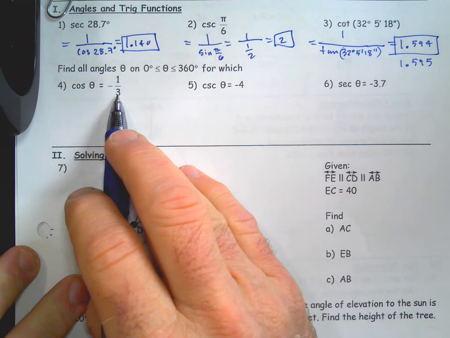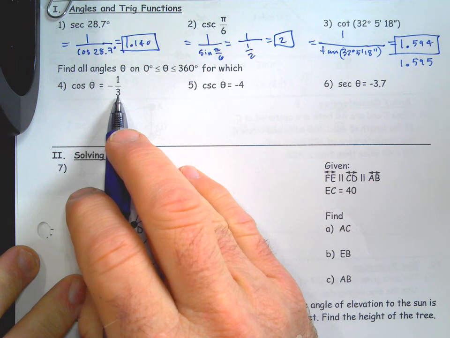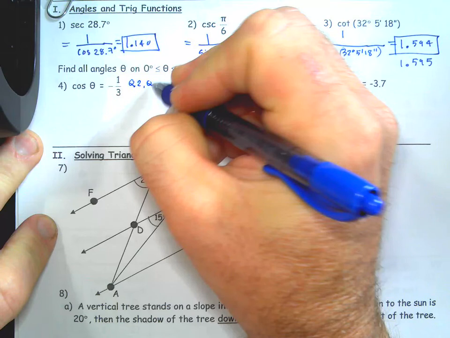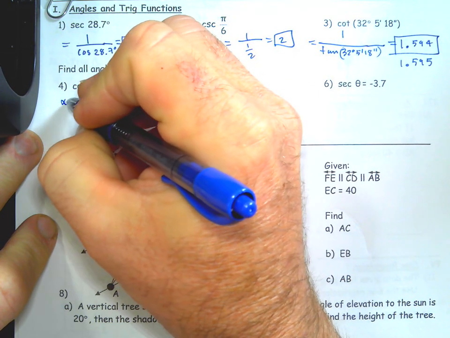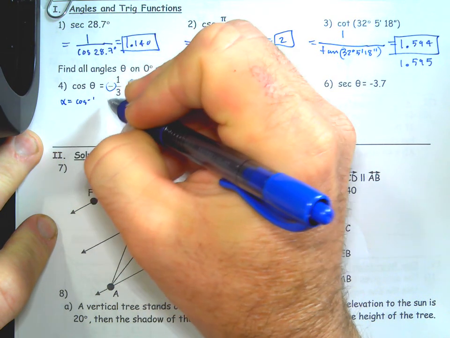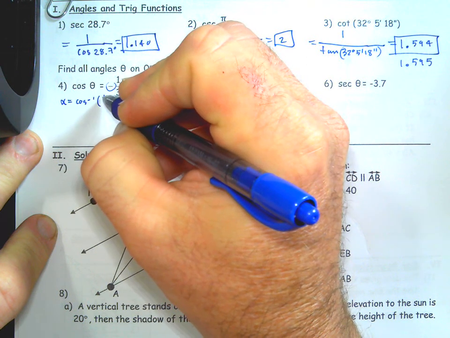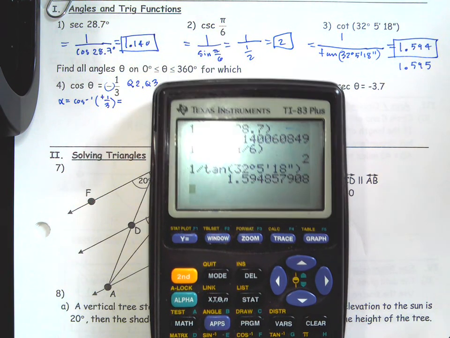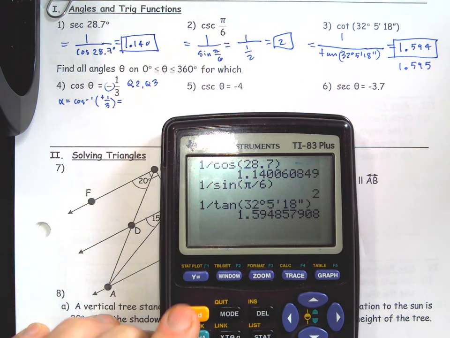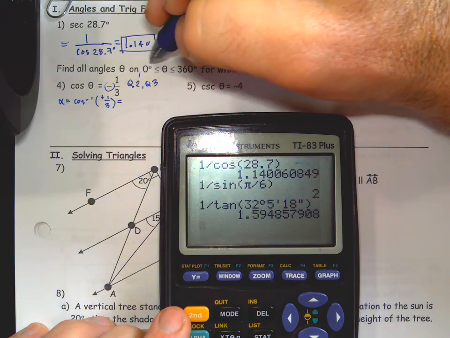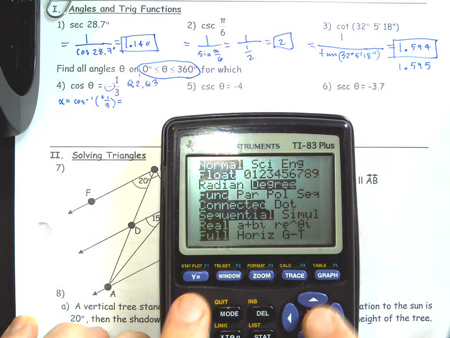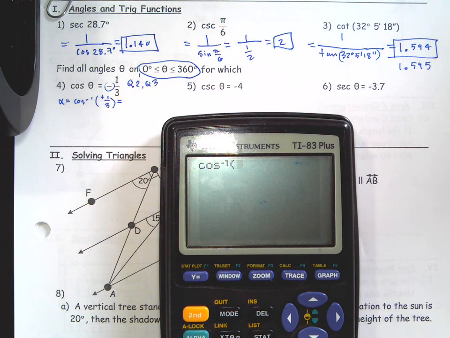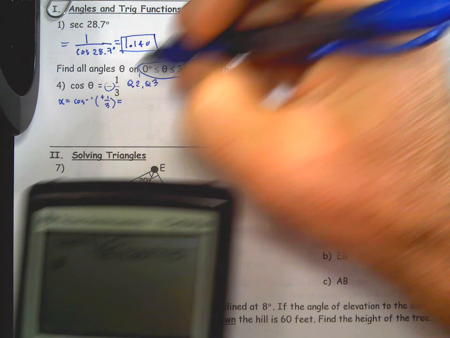This is not one of the common angles that we memorize, so we're going to need to use our calculator to do it. So I would say, well, this is going to be quadrant 2 and 3 because it's negative. I'm going to ignore the negative to find alpha. So inverse cosine of positive 1/3 is going to give me what alpha is. Usually, on those other problems, we just do that in our head. So we should be in degree mode, which we are. Just double check degree mode. Okay, so we're going to do inverse cosine of 1/3. I'll write that down with more than 3 decimal accuracy,